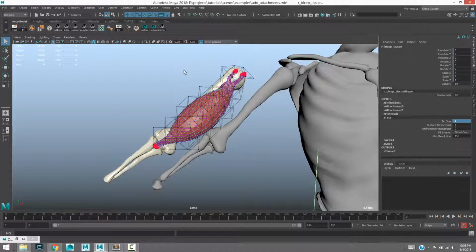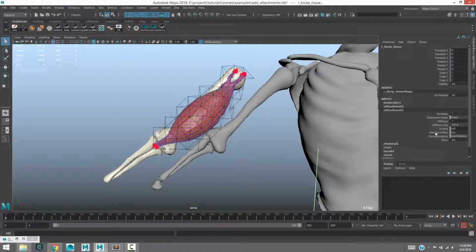Okay. If we drill into this attachment node here, you can see if we come down, there's actually 2 attributes which refer to stiffness. These 2 values end up multiplying together to give the final stiffness value. Because the values you're working with in ZIVA can vary quite widely, we thought it'd be useful to have the exponent separated as its own attribute. What that means is, you don't have to manage 8 or 10 or 6 zeros in the channel box,